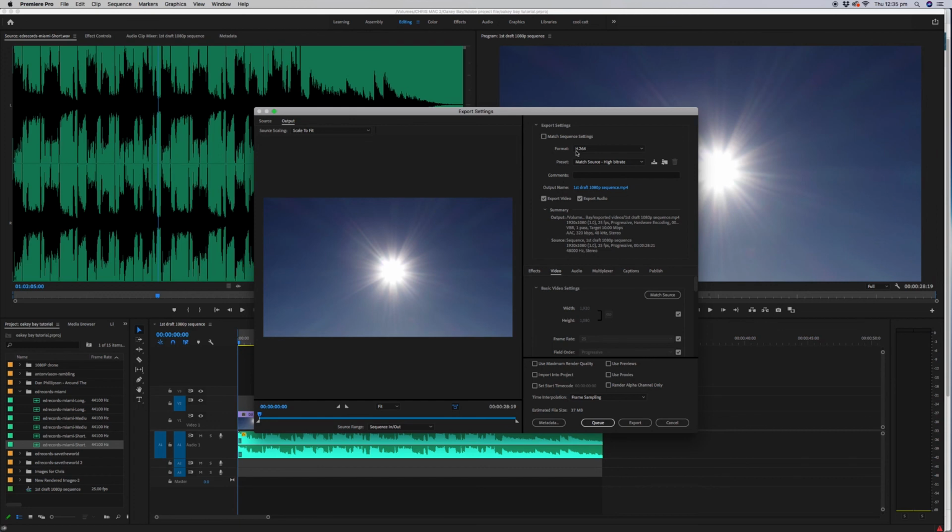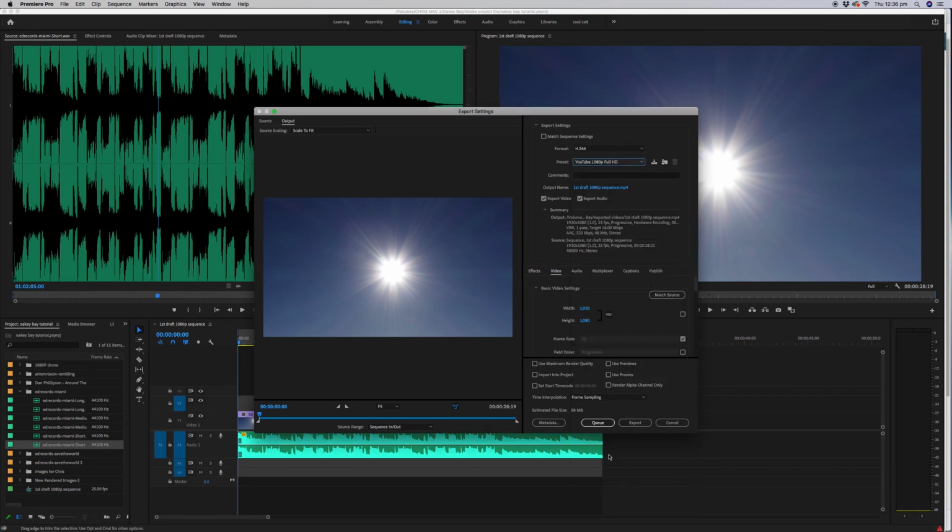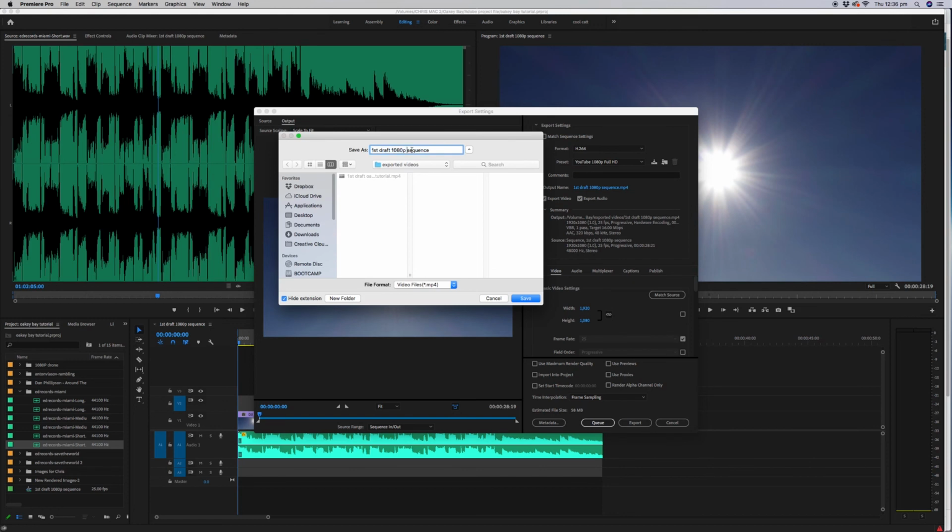So keep it at H.264. Now that's just a really good codec, okay? Go to preset and just roll it down. You can either go to Vimeo, but I just go to YouTube, 1080p, full HD, okay? And it's almost the same setting as what we wanted, and again just change the output name and just call it 1080p YouTube, Oakey Bay,